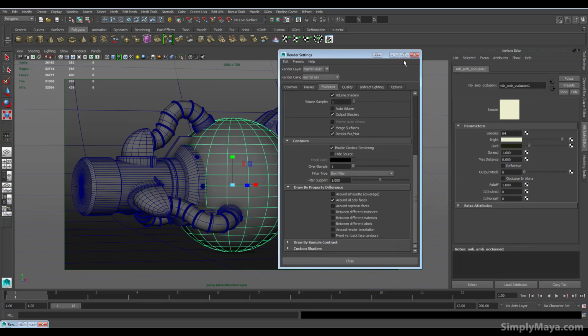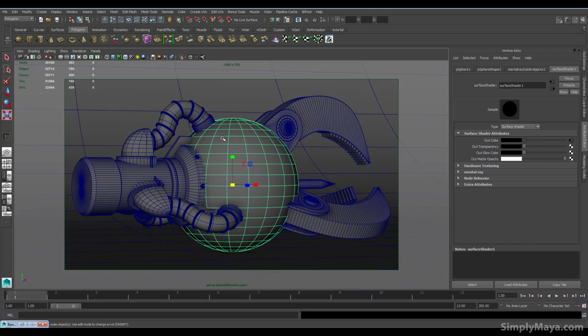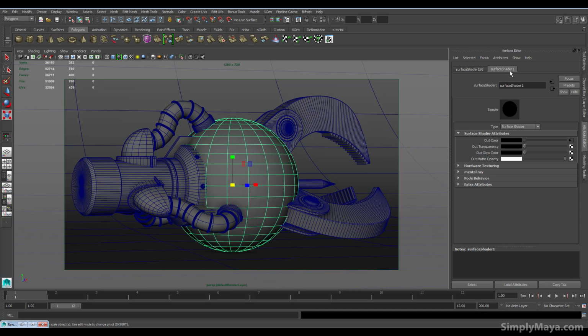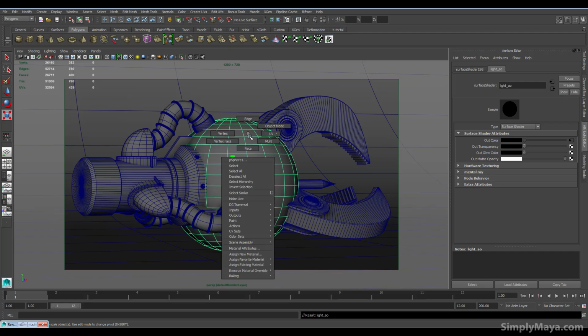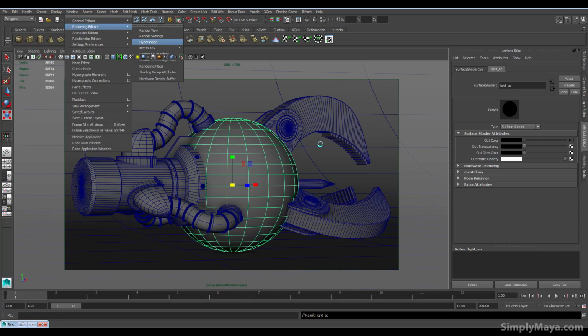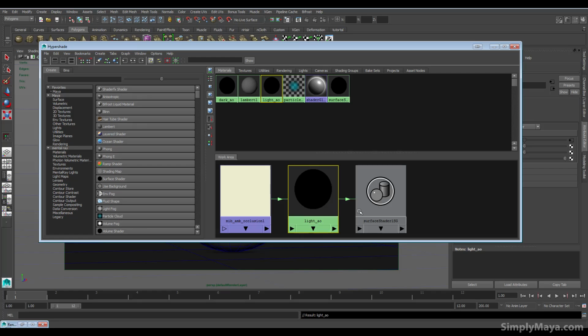Now, you might think that that would be done and you would render and it would work, but if you render now, nothing will happen. What you need to do is select the material that you want contour rendering to work with. So in our case, let's say Surface Shader 1, which is actually our light ambient occlusion shader. And then I need to go into its group. Now, if you can't find its group by going to Material Attributes, if you don't see this SG shading group, you can always go into the Hypershade,